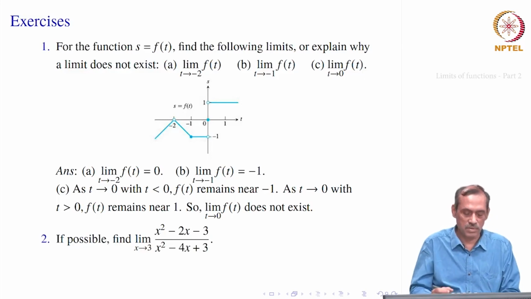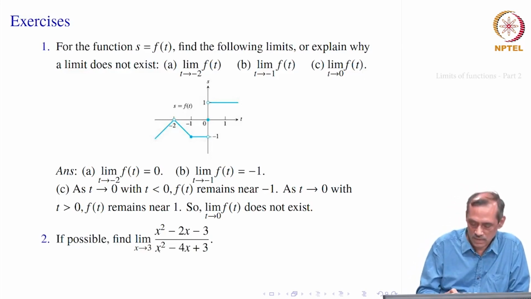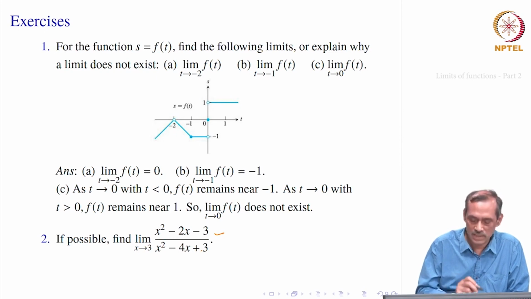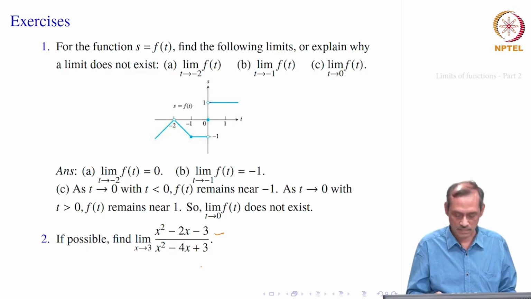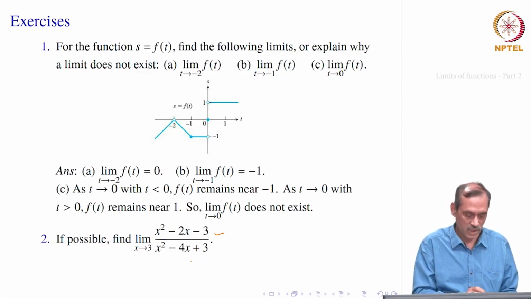Now, let us find out the limit of this function, which is given as x square minus 2 x minus 3 divided by x square minus 4 x plus 3. The limit as x goes to 3. So, first thing we should check what happens for the denominator if x is 3. So, it is really 9 minus 12 plus 3, it is really 0, right, if x is equal to 3. But this is all right, because the function need not be defined at x equal to 3 for getting a limit. Now, you have to see what happens for this.